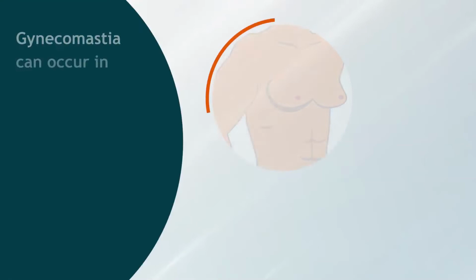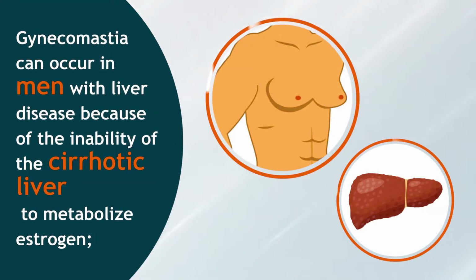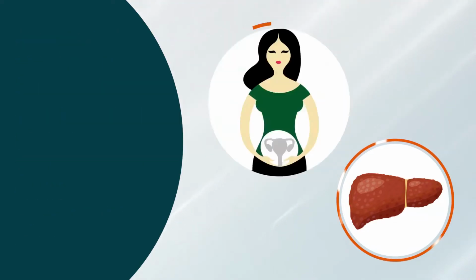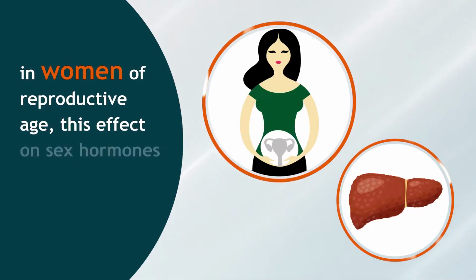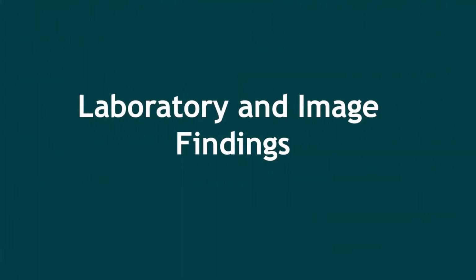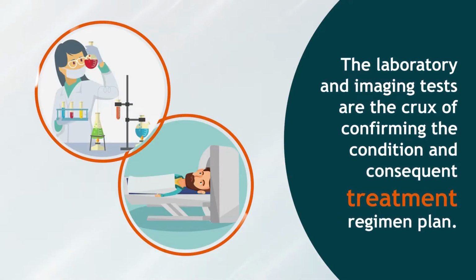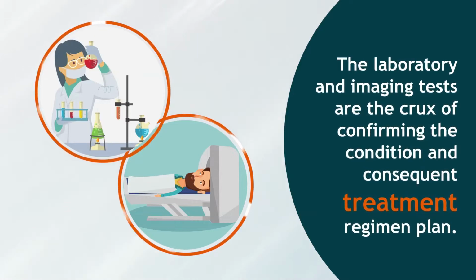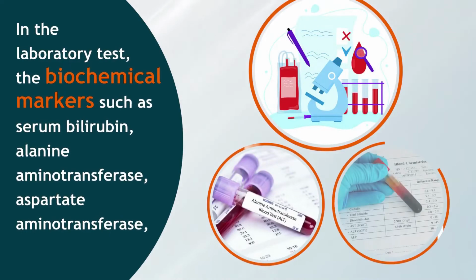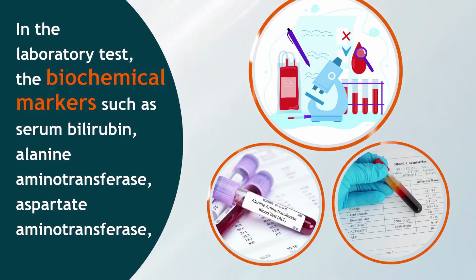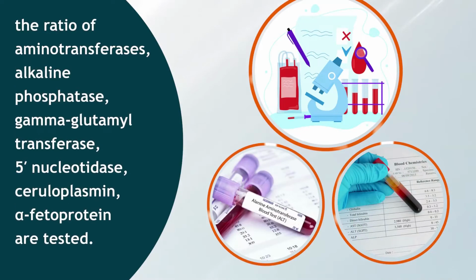Gynecomastia. Gynecomastia can occur in men with liver disease because of the inability of the cirrhotic liver to metabolize estrogen. In women of reproductive age, this effect on sex hormones can reduce fertility. Laboratory and image findings. The laboratory and imaging tests are the crux of confirming the condition and consequent treatment regimen plan. In the laboratory test, the biochemical markers such as serum bilirubin, alanine aminotransferase, aspartate aminotransferase, the ratio of aminotransferases,